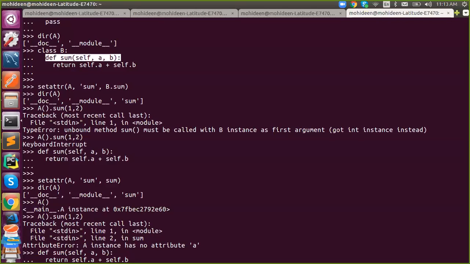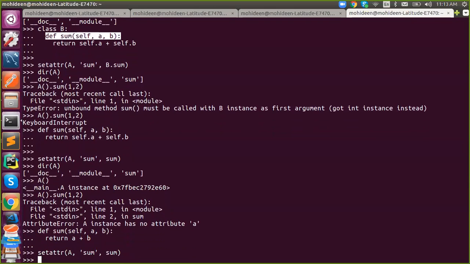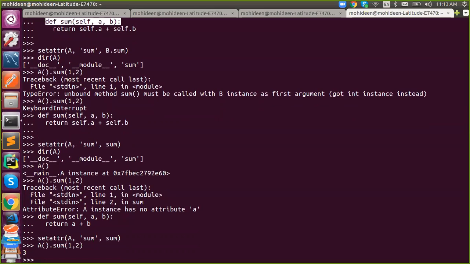What is the error? We haven't declared that a, b in the class instance, right? Because I'm saying self.a, self.b, so I should not do that. If I remove it, now I have modified it, and again I need to set it once again. Let's check. Yeah, I got it now. This is setattr.